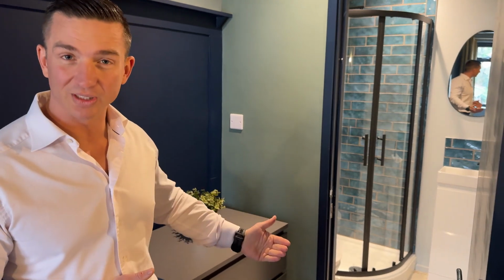These particular rooms we've actually made into en-suites, so where possible en-suites are useful provided they're not taken away from the space of the room. Now because this is such a big room, about 12 square meters, and that's with the en-suite cut into it,